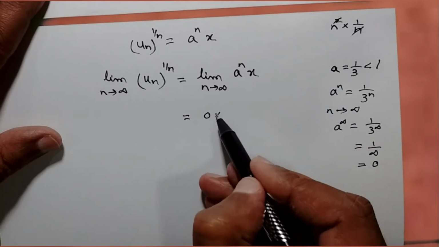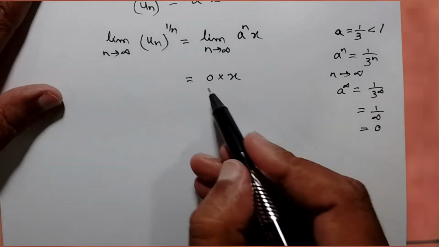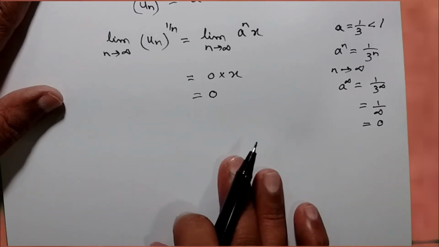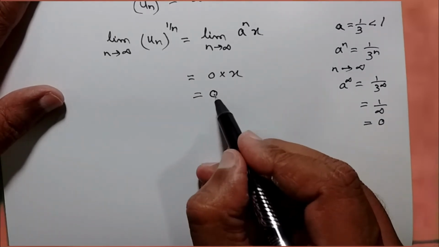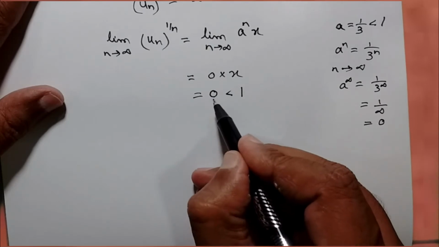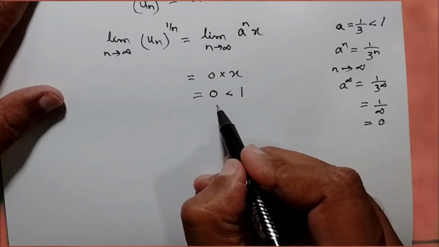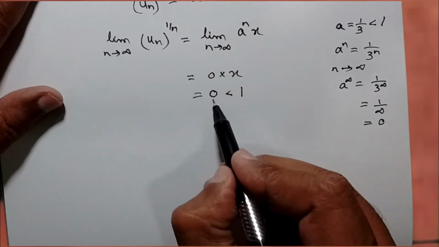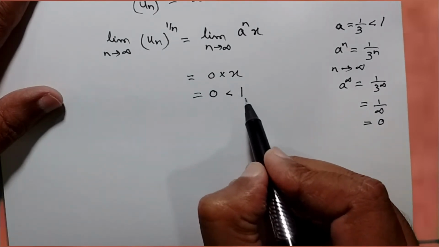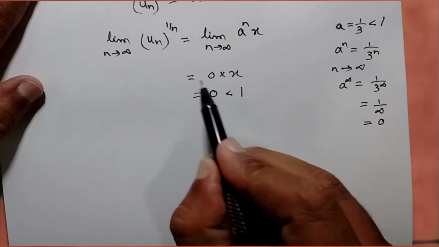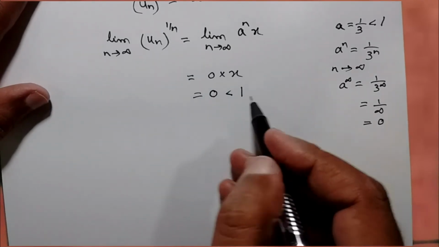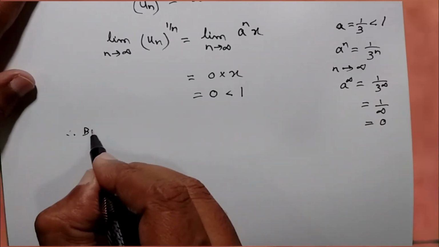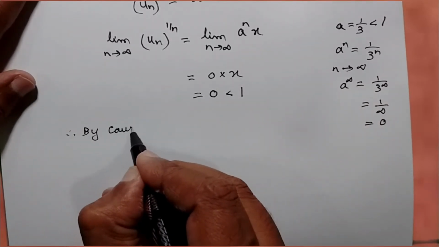So 0 into x value. 0 into anything will be equal to 0 itself. Alright. So if it is 0, is this 0 less than 1? So this will be acting as your L value according to the definition. So limit as n tends to infinity un to the power of 1 by n, if its value is equal to L, and the value of L is less than 1, then what type of series is it? The series is convergent. Therefore, we can say that by Cauchy's root test,